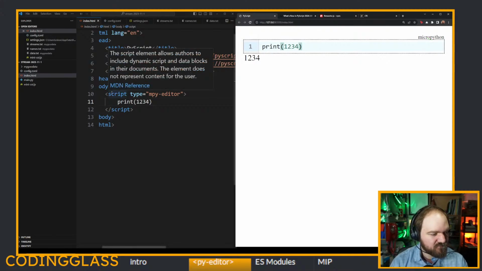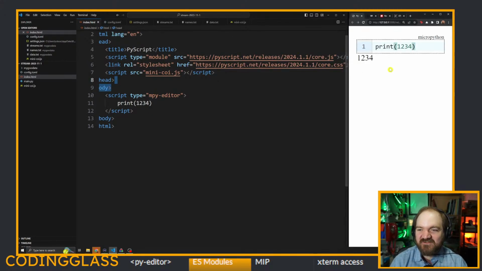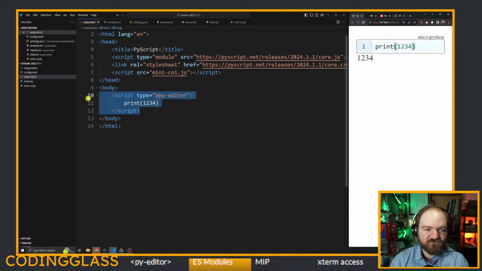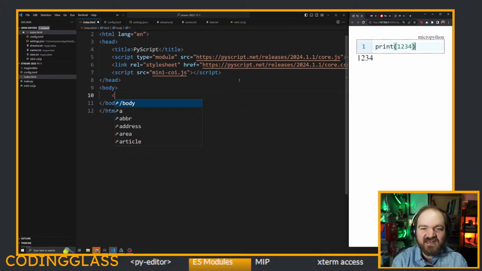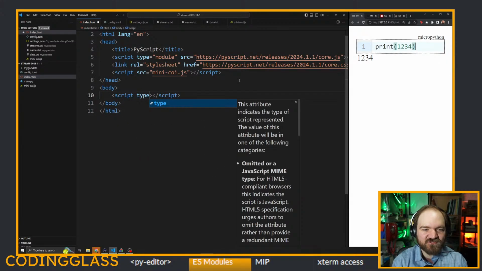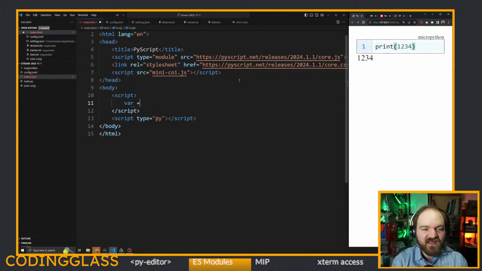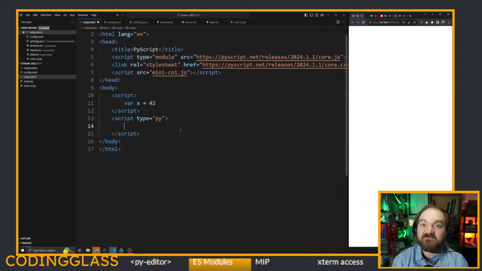Okay, let's move right along to ES modules. This is a very cool feature that came out in PyScript 2023.12.1. One of the neat things that you can do with Pyodide and now with MicroPython in PyScript, and you've probably seen this before, but in case you haven't, I will share it again, is interact with the JavaScript global namespace. So if I have a JavaScript variable like x, which equals 42, inside of my PyScript tag,